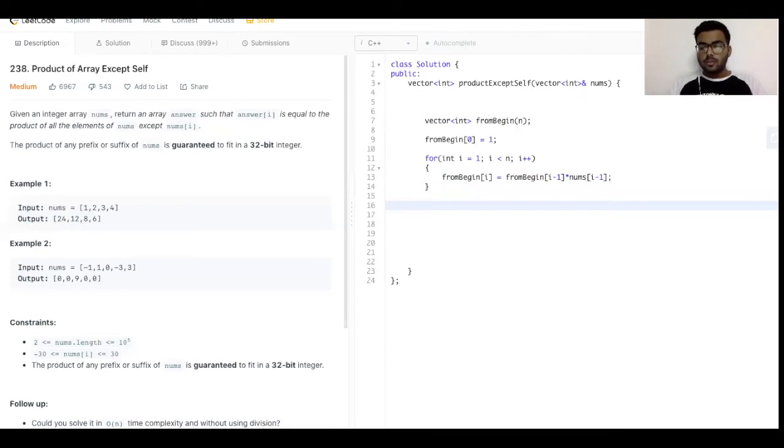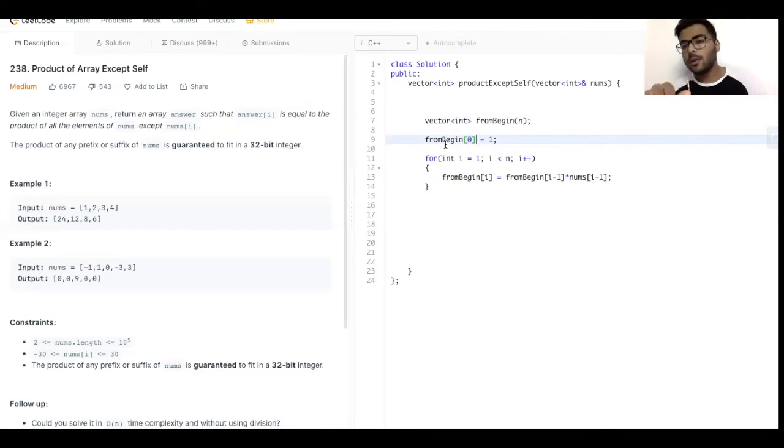Why are we storing 1 at from begin of 0? Because we have to initialize the array with 1 at the first element, since we don't have any element before the 0th element. So we initialize it as 1 so that we can use it further for multiplication.